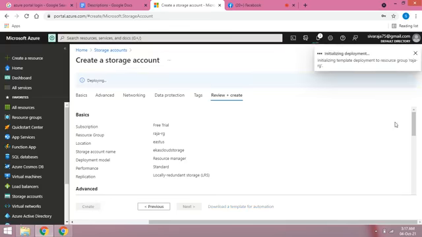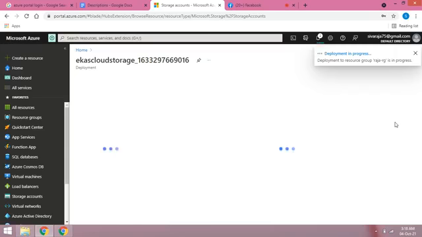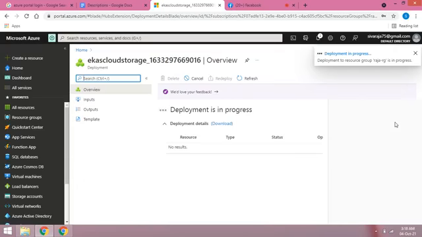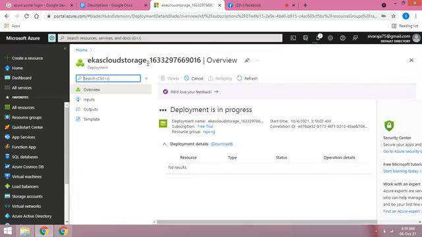Now create. In this webinar, the first step I created a resource group, and the second step I created one storage account. Our storage account name is ECAS cloud storage.